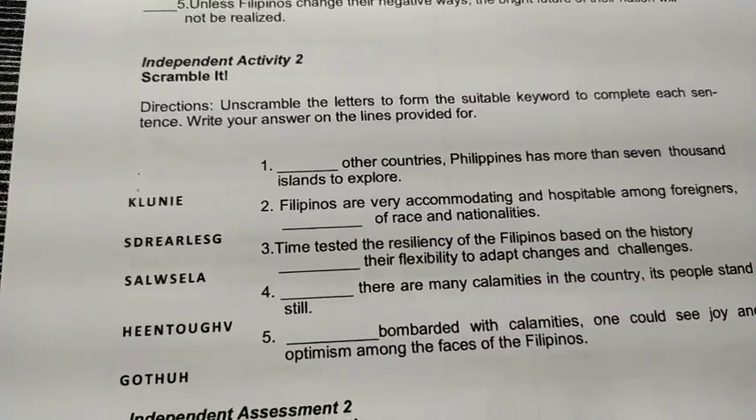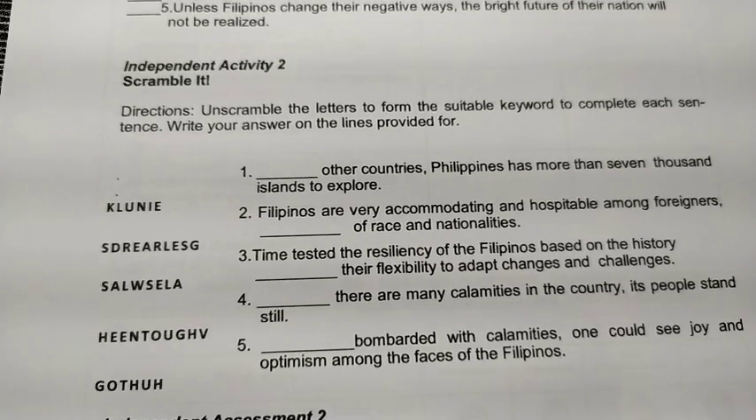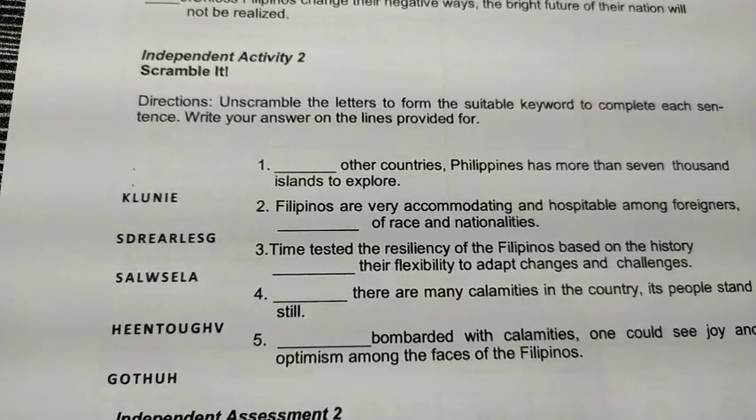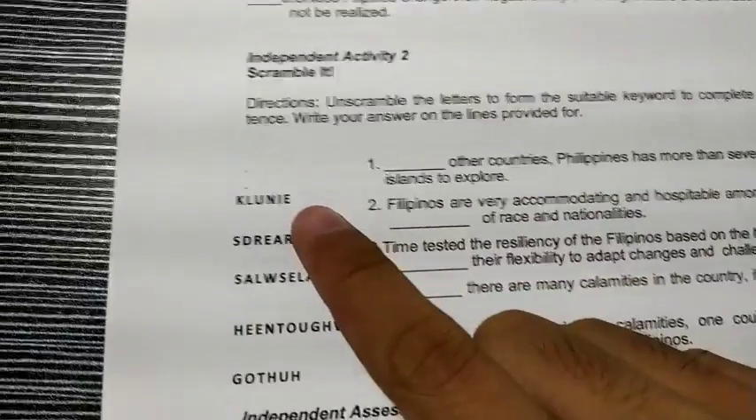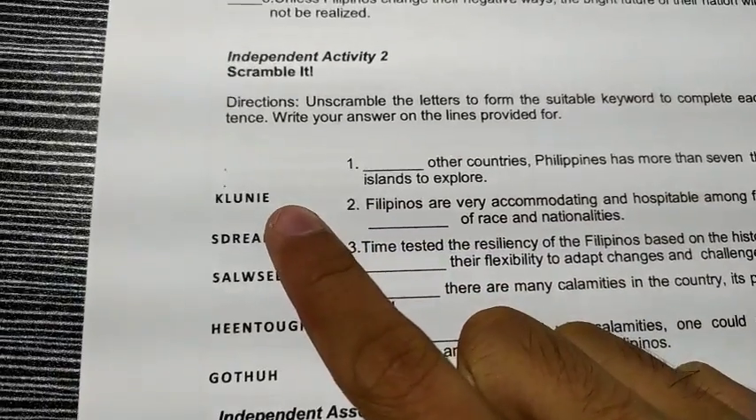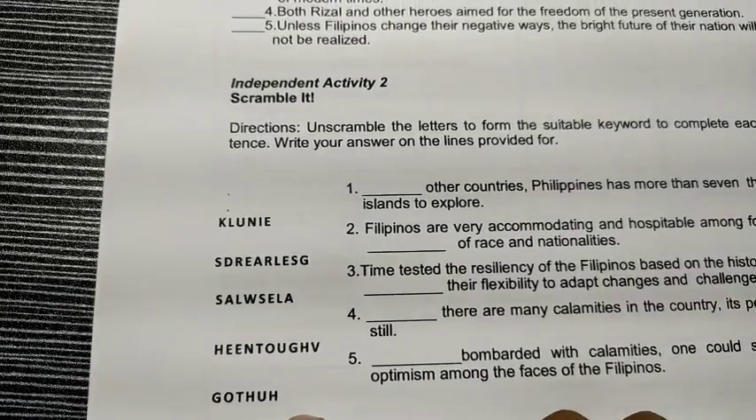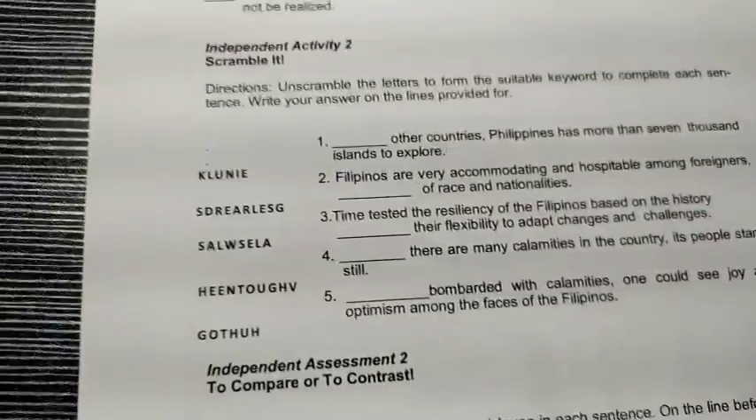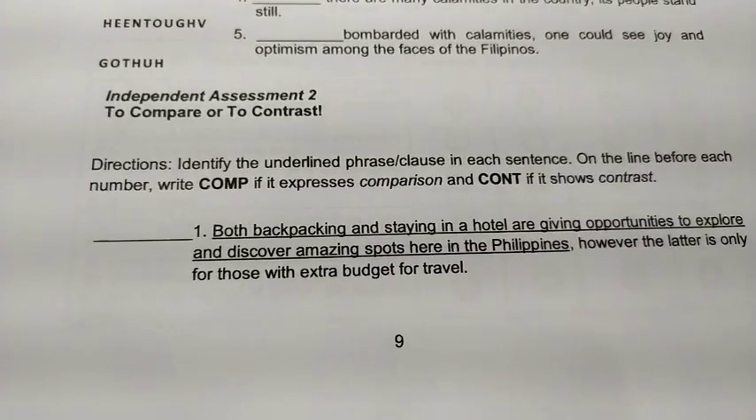So for number 2, you will supply each number with keywords which are suitable if it's for comparison or for contrast. So we have scrambled letters here, and you have to unscramble those letters in order to guess the keyword in each number. So for independent assessment 2,